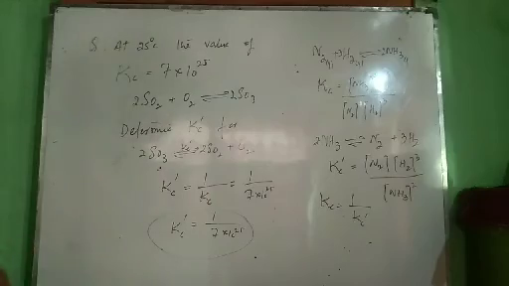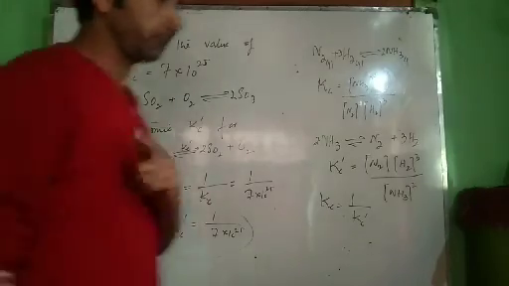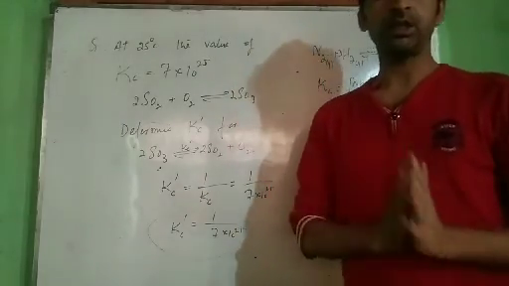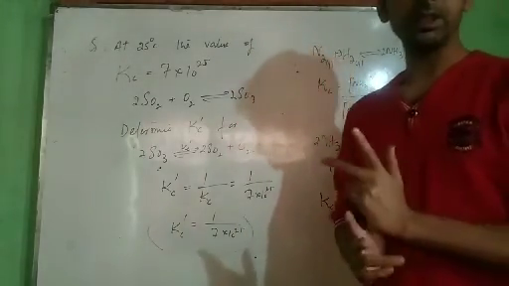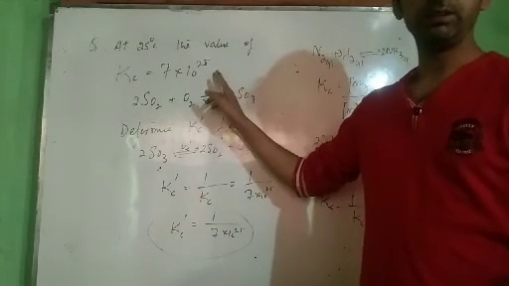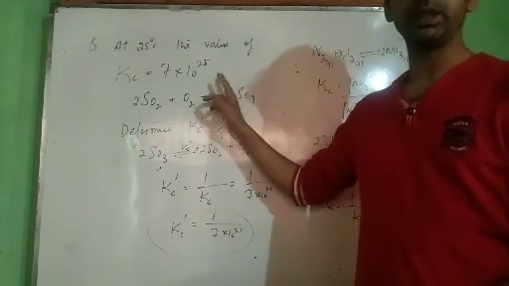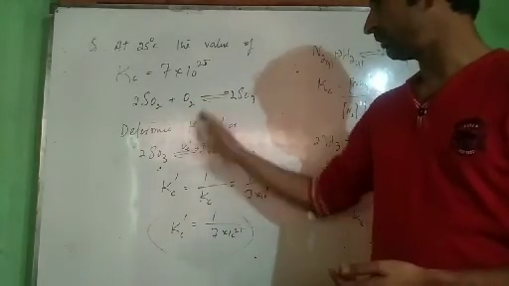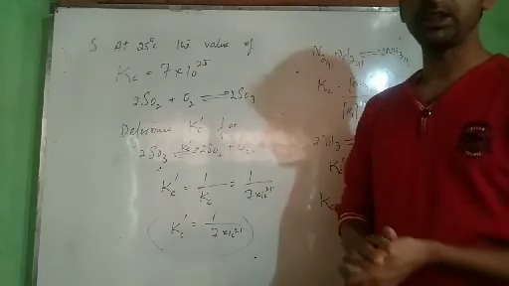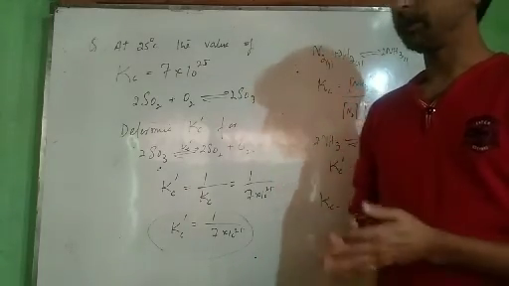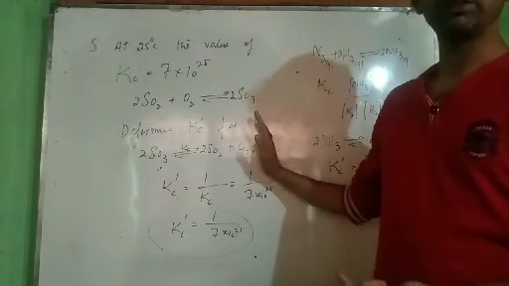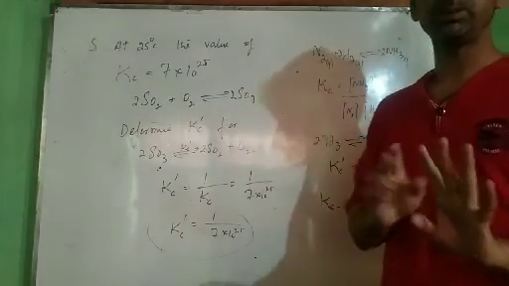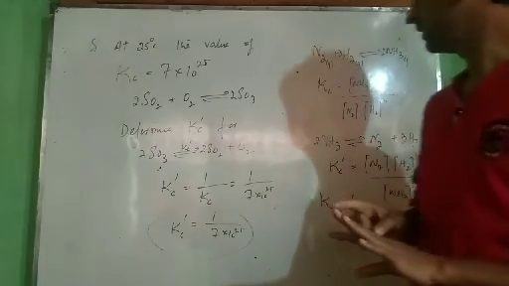There are 3 topics important from chemical equilibrium for competitive exams. One is the Le-Chatelier principle. We have not discussed that. A question is always asked from Le-Chatelier principle. If it is not asked from there, it can be asked from here. You will be given Kp or Kc and you have to determine Kp or Kc. And you have to predict the relation between different types of equilibrium constants K1, K2, K3, K4. This part is very important, and one more question that can be asked is from characteristics of chemical equilibrium. Only these 4 topics are the star marks for competitive exams.